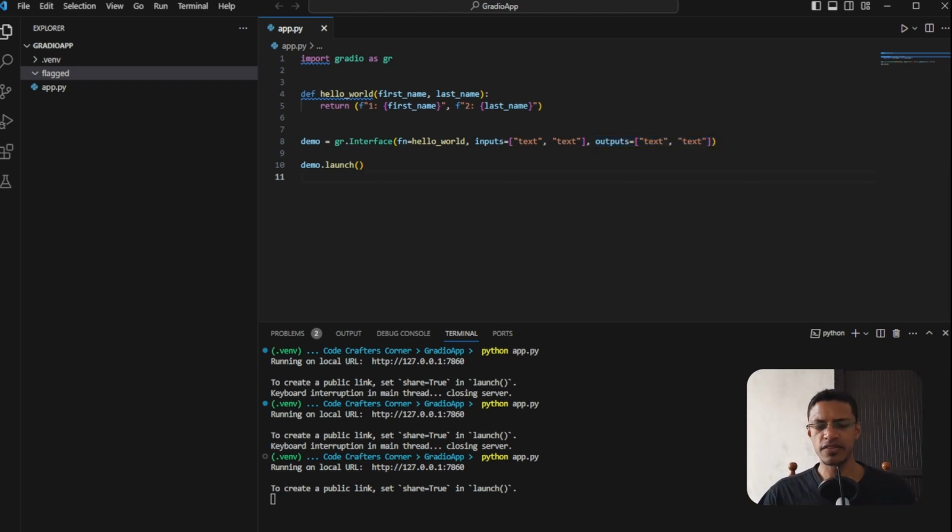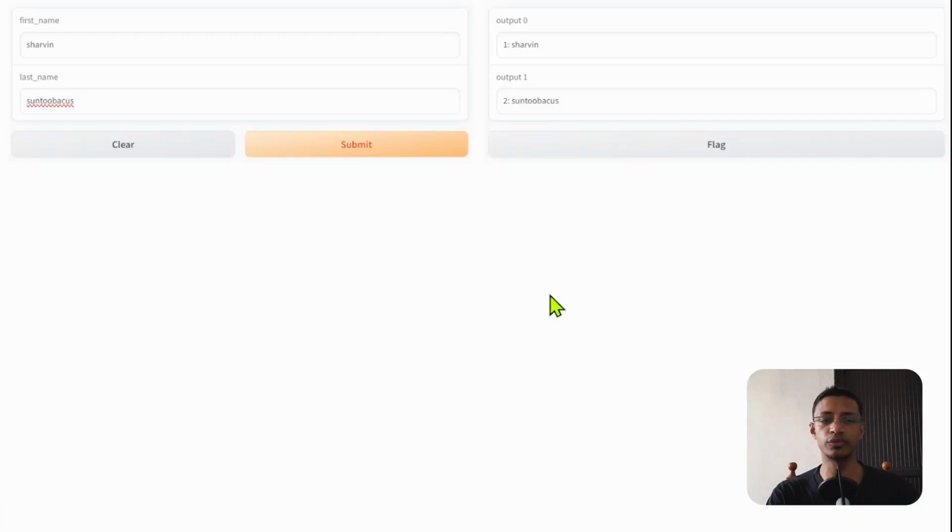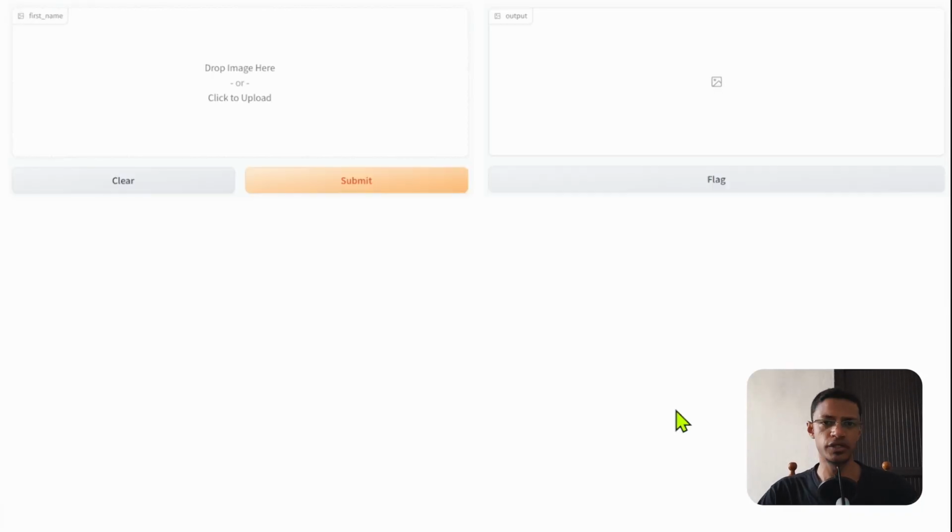Okay, so we've seen the type of the literal text, but there are also different types. So we have audio, we have images. Let's take an example here. I'm going to change my inputs parameter to the literal image, and I will change the output as well to image. And I will restart my server, go back to my Gradio application and refresh, and you will see